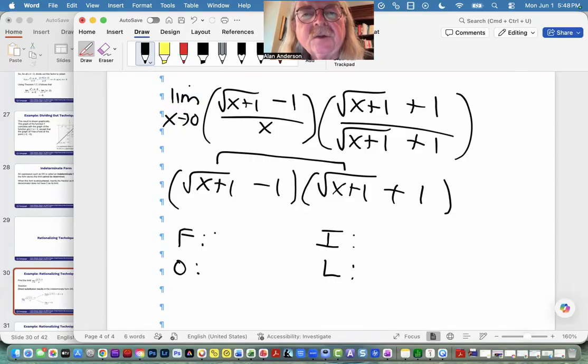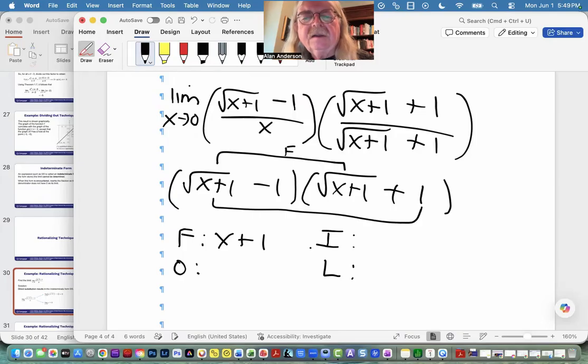When you multiply two radicals, you'll end up with just very simply x plus 1. So that's F. O would be here. I would be here. And then last